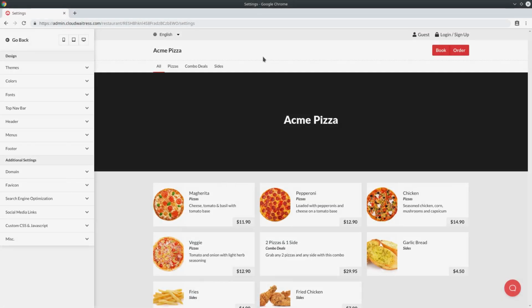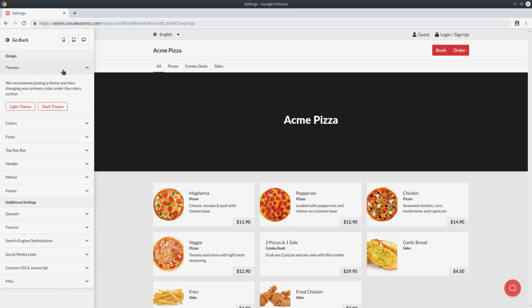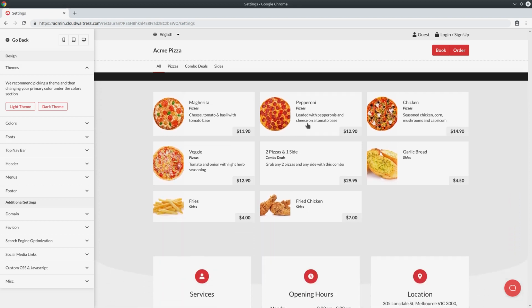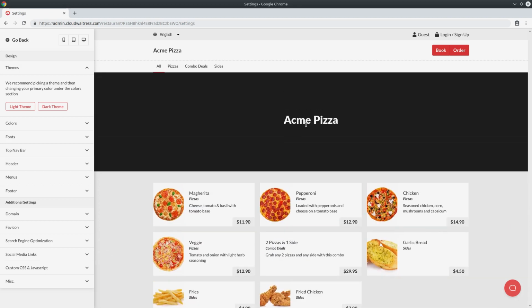The very first thing that we want to do when it comes to designing our store is picking a nice base theme to start with. On the left hand side, we'll go to the theme section. Right now we offer two themes, the light theme and the dark theme. What you're seeing right now is the light theme, and it's probably something that's going to work for 90 to